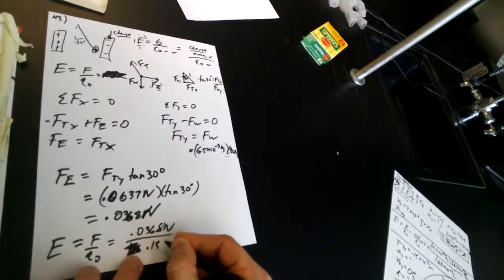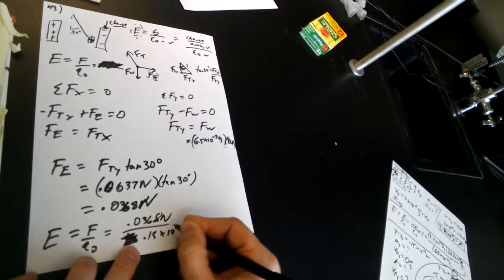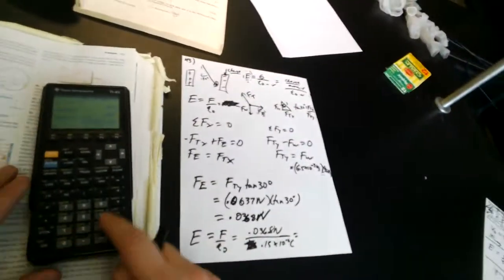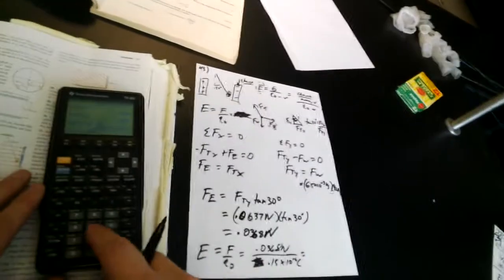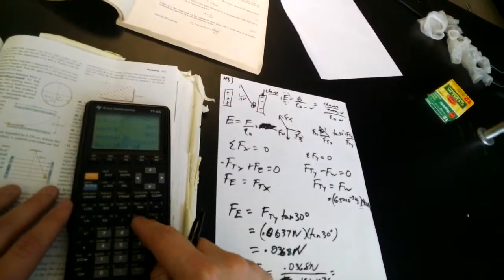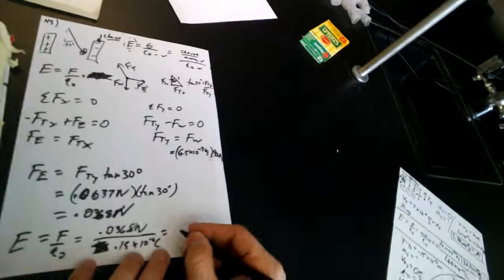0.15 microcoulombs, so 10 to the minus 6 coulombs. And that'll get us our strength of the E field. So I'm just going to take this number. I should really round it off. Divided by 0.15 times 10 to the negative 6. And we get some huge number,